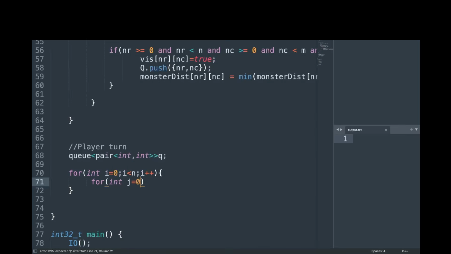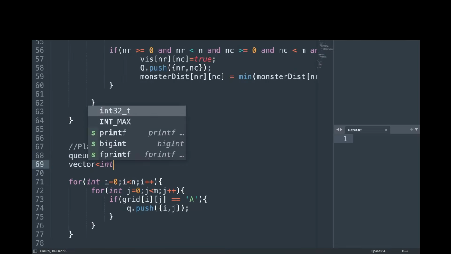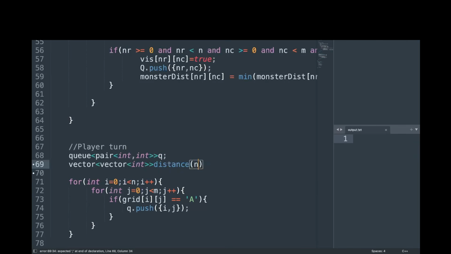For int j less than m, j plus plus, if grid of ij is equal to the player, which is A, then you're gonna push that cell I comma j, and here you will also have the vector for the player distance, n vector of m, initialized to infinite, int max,